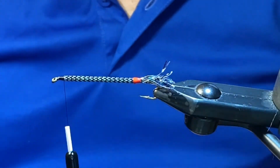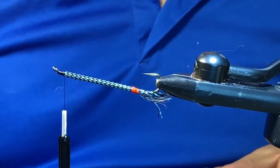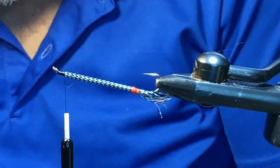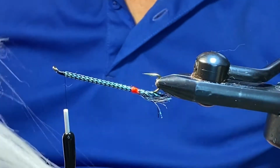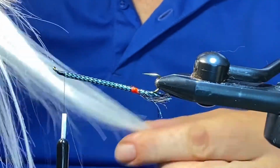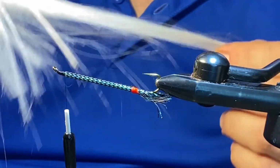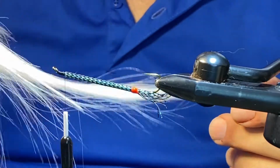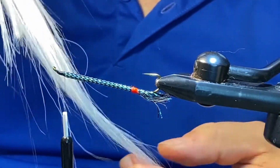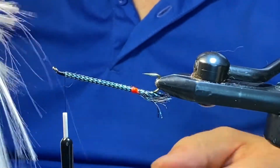Okay, so now what we're ready for is basically the underbelly. And the underbelly in all my streamers pretty well is white. What I'm using for this is that Vineyards coat that I mentioned to you that has what I consider to be a nice sort of sheen to it. Now this comes fairly lengthy and it's fairly pricey, so I try to make the most out of it where I can. The length will give me almost two throats or two underbellies, and I don't put very much on the hook anyway. So